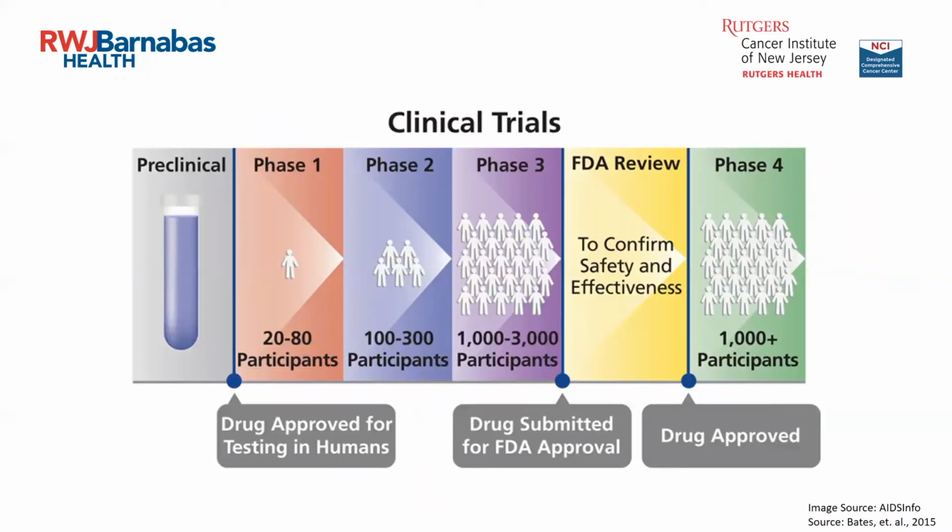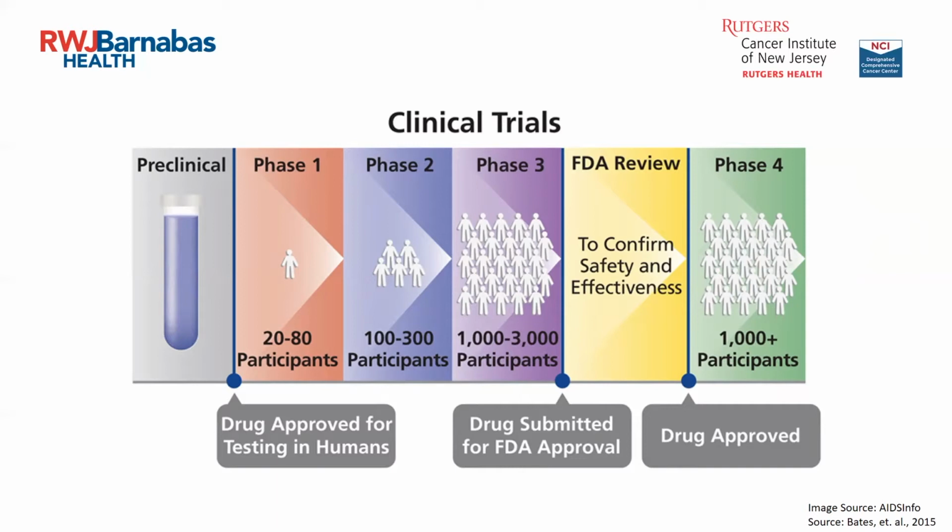Clinical trials have 5 phases. The preclinical phase is considered the development and animal testing phase of the drug. This has to be done to determine if the treatment can work in people, because in this phase, nothing is given to anyone. We have to determine if the drug is safe before being tested on humans, and this phase can take several years.